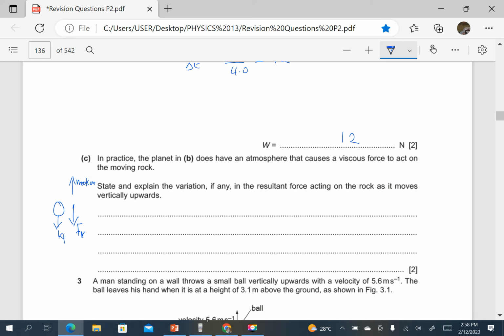So the resultant force increases. Actually, it does not increase, it decreases because the viscous force decreases. For upward motion, the velocity decreases. The velocity decreases, which means the viscous drag decreases. If the viscous drag decreases and the weight is constant, the resultant force also decreases. Therefore, we can simply say that for upward motion,